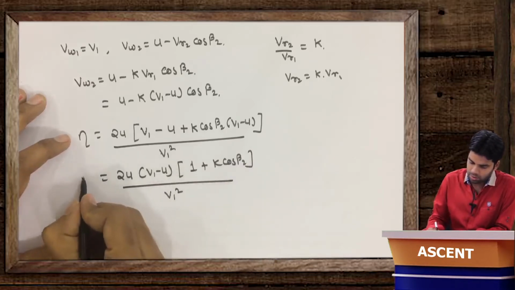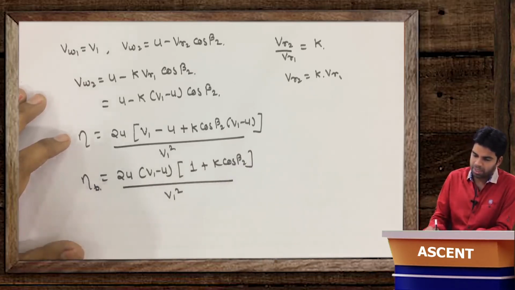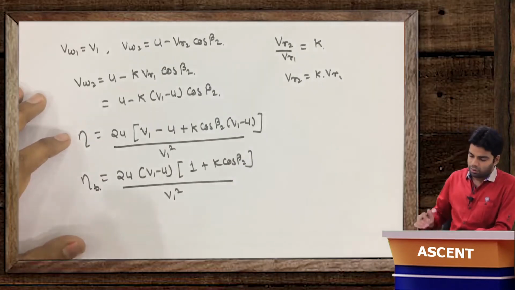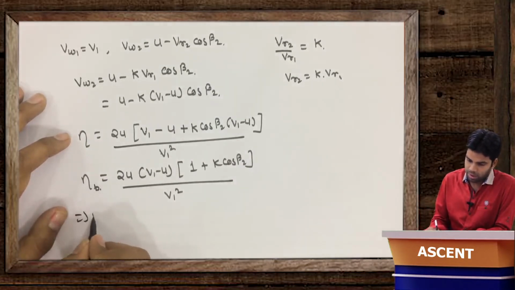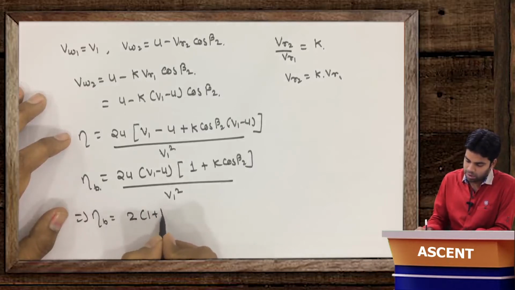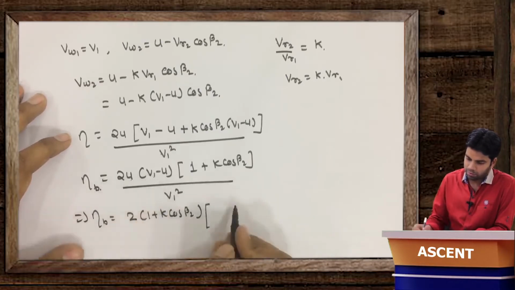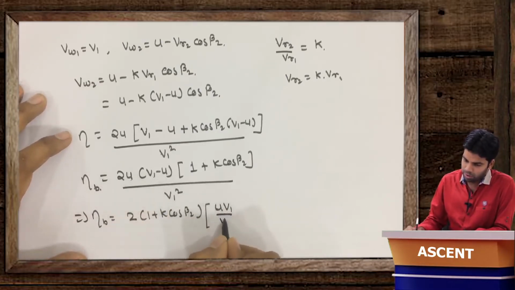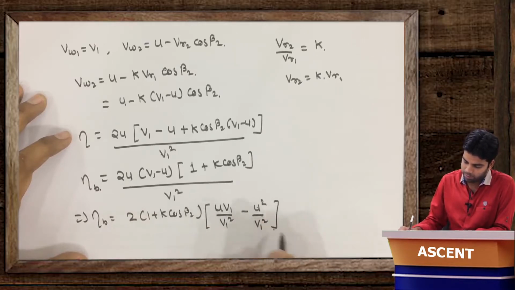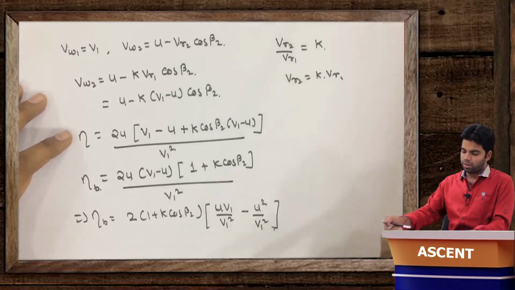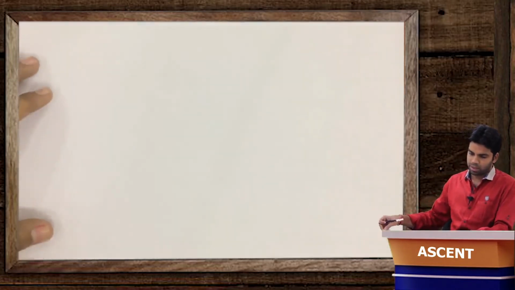Okay, this is the value of blade efficiency. Now further this can be written as, so this blade efficiency will be equal to 2 into 1 plus k cos beta 2 into, now this can be written as u V1 by V1 square minus u square by V1 square. Now considering one term here, so we will consider,